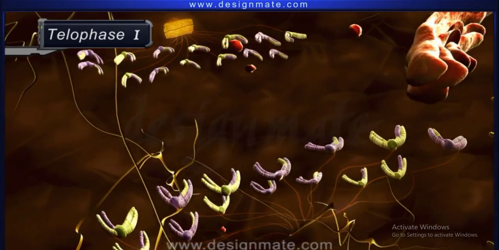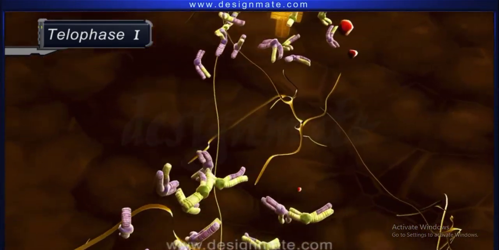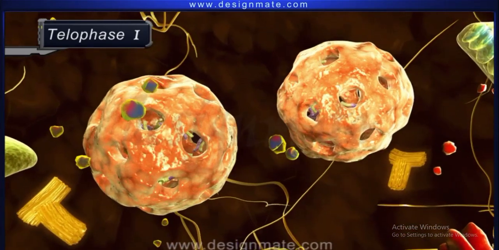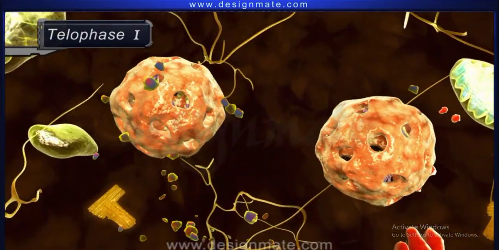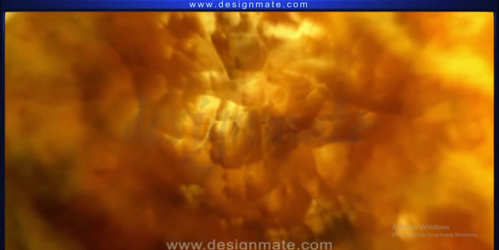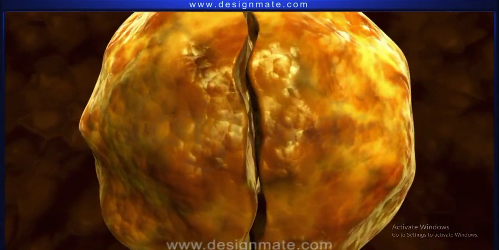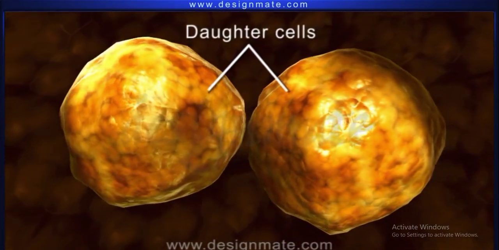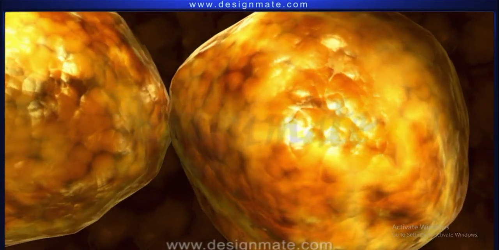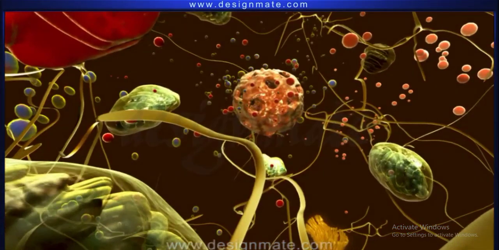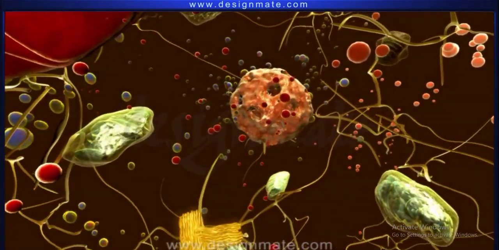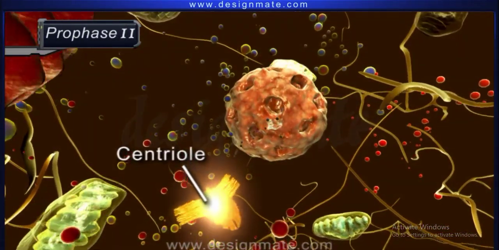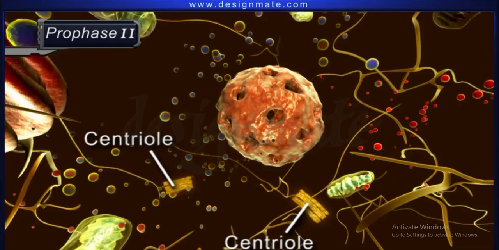Telophase I. Nuclear membrane around the chromosomes is formed. This is telophase I. At the end of cytokinesis, 2 daughter cells are formed, after which the cell is ready to start meiosis II. During the first stage of meiosis II, also called prophase II, the centriole divides into 2 and each centriole slowly